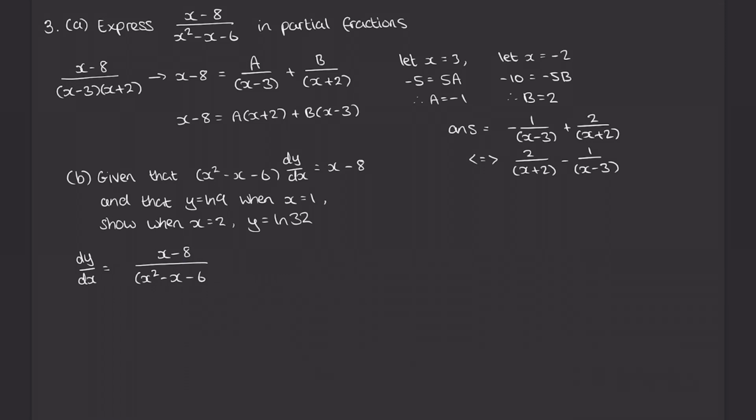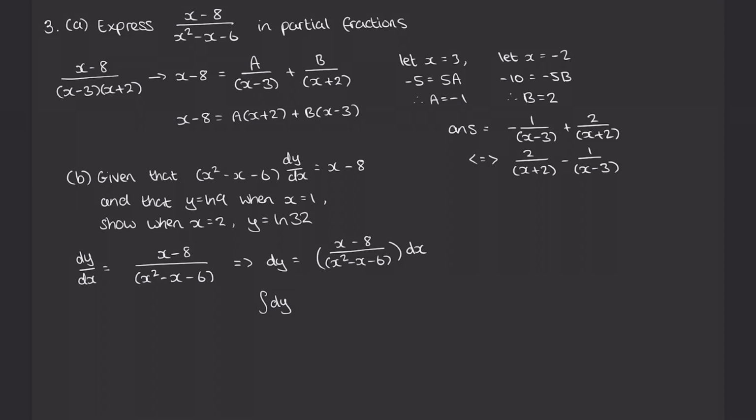Of course we want all the x's on the same side, so we multiply both sides by dx. So this becomes dy, which equals x minus 8 over x squared minus x minus 6, all with respect to x. And of course, because we're doing differential equations, we need to integrate. So it'll be the integral of